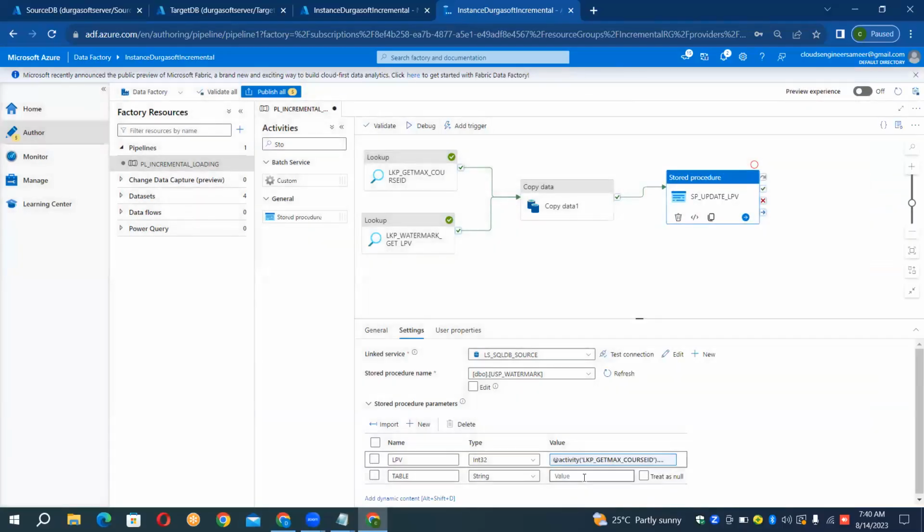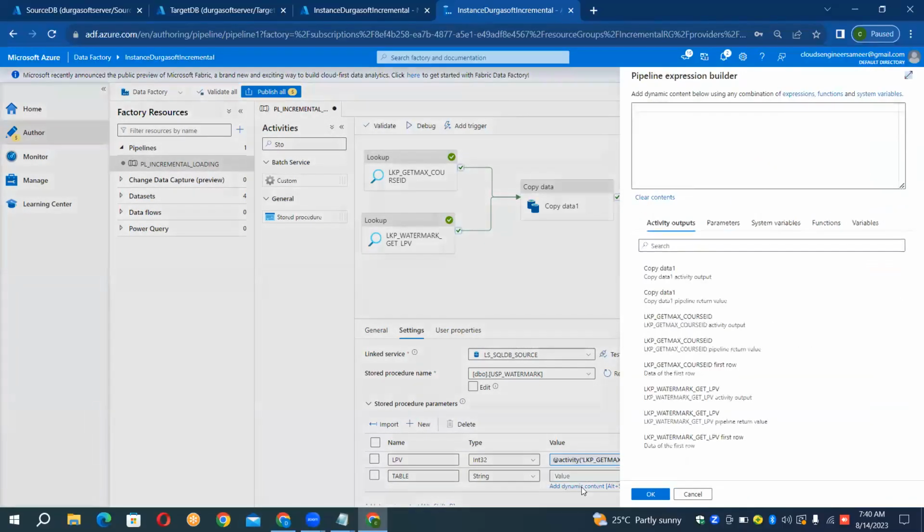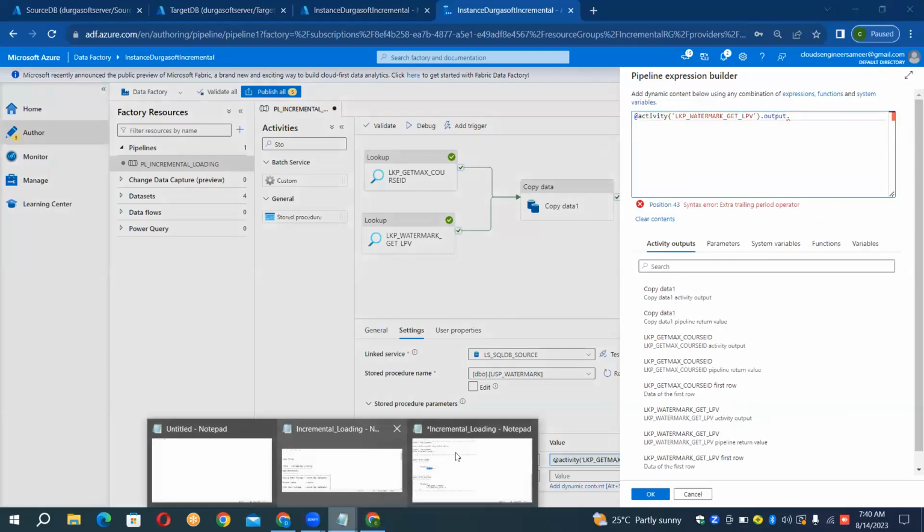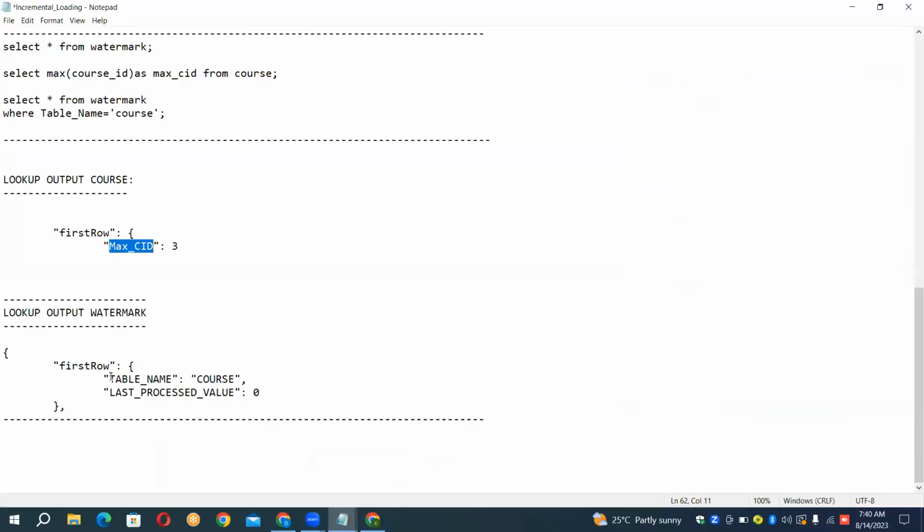Go to the control, add dynamic content. This is for the table I'm using. So for the table name, what do you have to use? Tell me now. LPV. Look up watermark. Yes, use this one. LPV output dot. Tell me now. So output dot table name. Am I right? Output dot